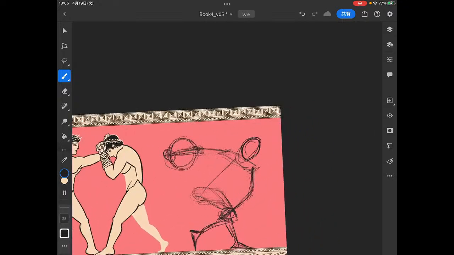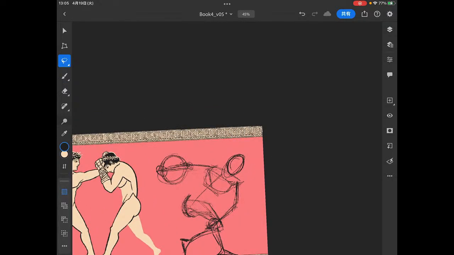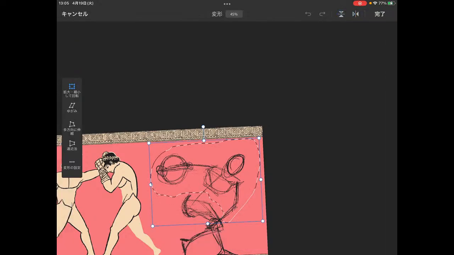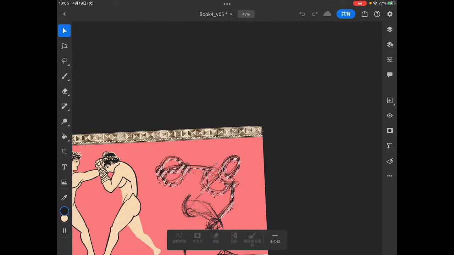Maybe more like that. And if we were going to translate this into the style that we're doing, it would look something like